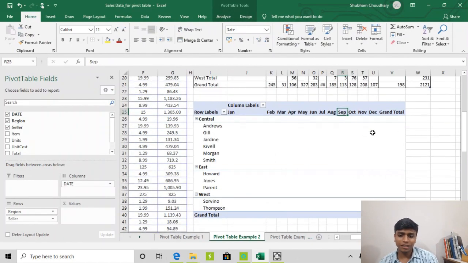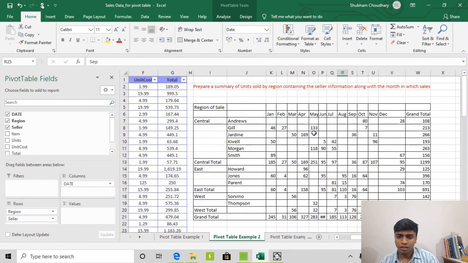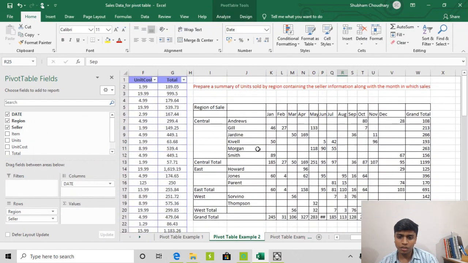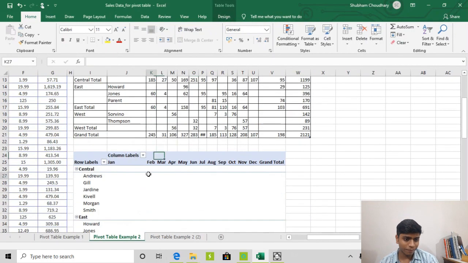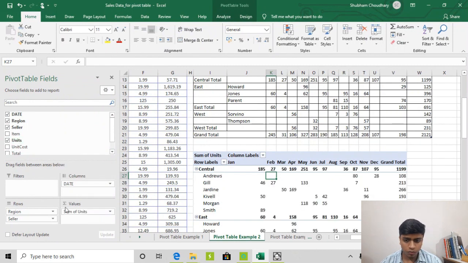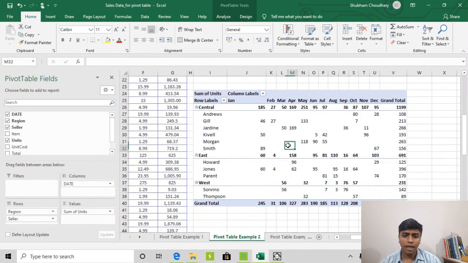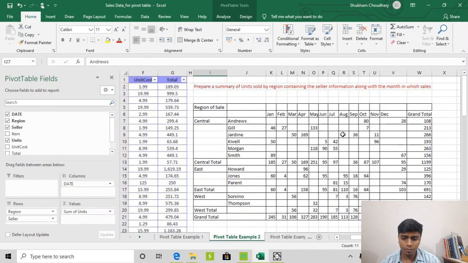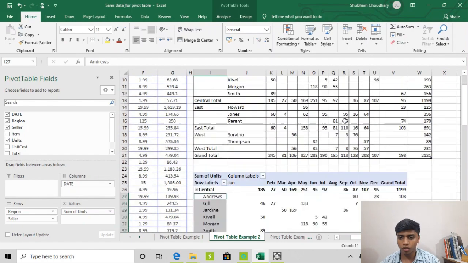So let's see the question table now. The format is almost similar. We just have to add the units sold. So we will go back to the pivot table and select the units. By default the unit would come to the value field and we want that only. So now we have the units and the row labels. Every data that we wanted as per our question, we now have in our pivot table. The only difference is the formatting.